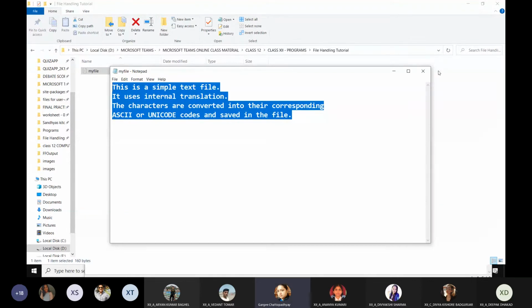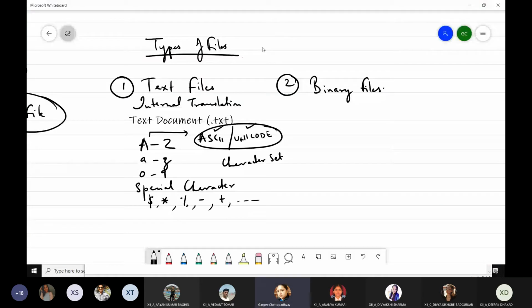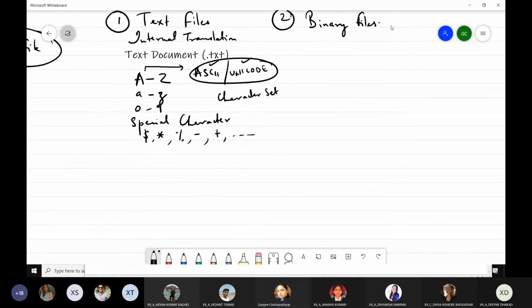Okay, and text files, along with internal translation, each line within a text file ends with an EOL character, which is actually an end of line character, right?